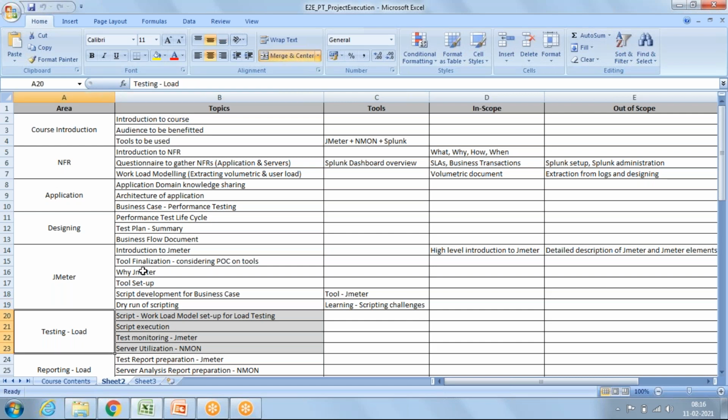Okay, so once our script is ready, then we will be in the execution phase. So in the execution phase, again, we will create a workload model based on the available data for load testing. Okay, so we will see what is load testing, how a workload model can be designed for load testing,